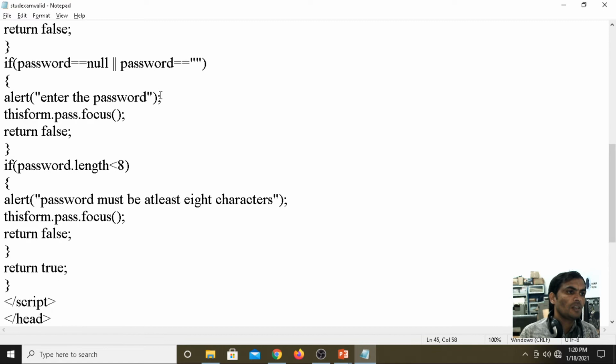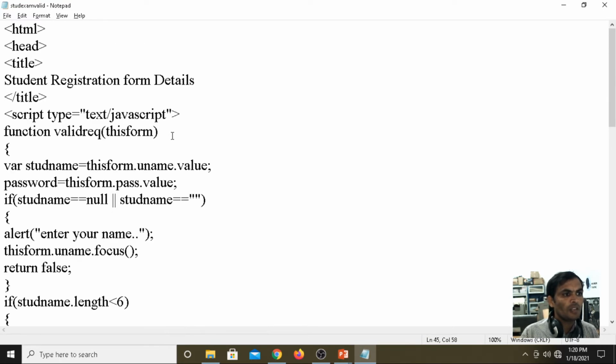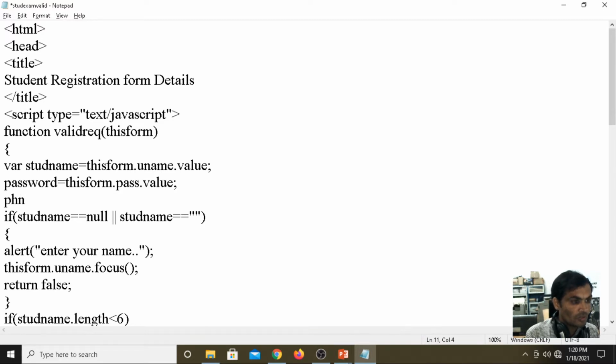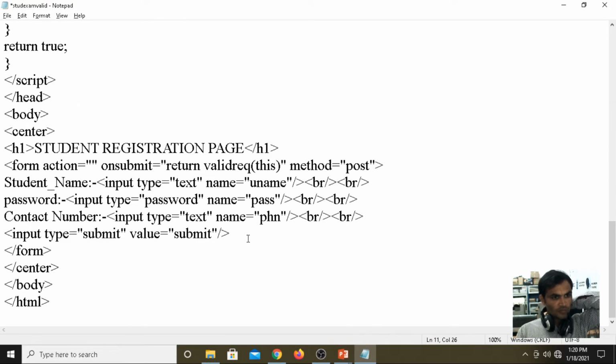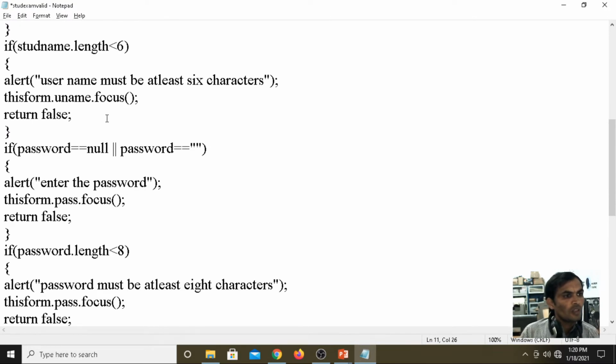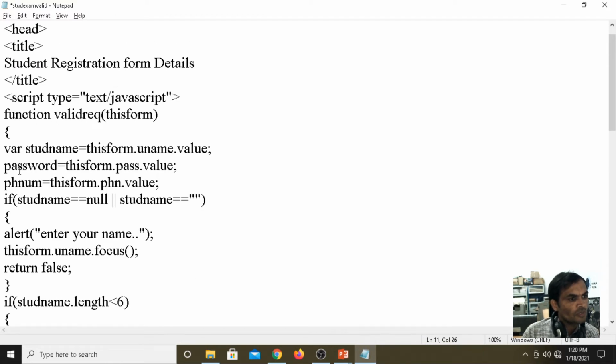Then here you should declare the variable inside your function, phone number equals to this form dot phone dot value, phnum.